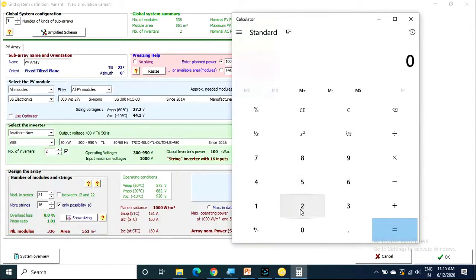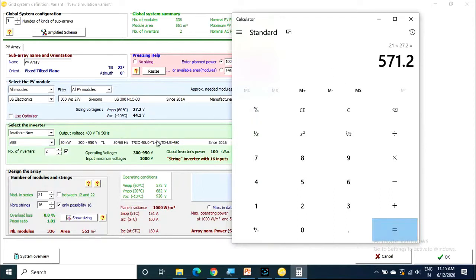So now I will check whether it is proper sizing or not. So 21 series panels are there in each string, and the minimum voltage is 27.2. So how much will you get? 571.2.